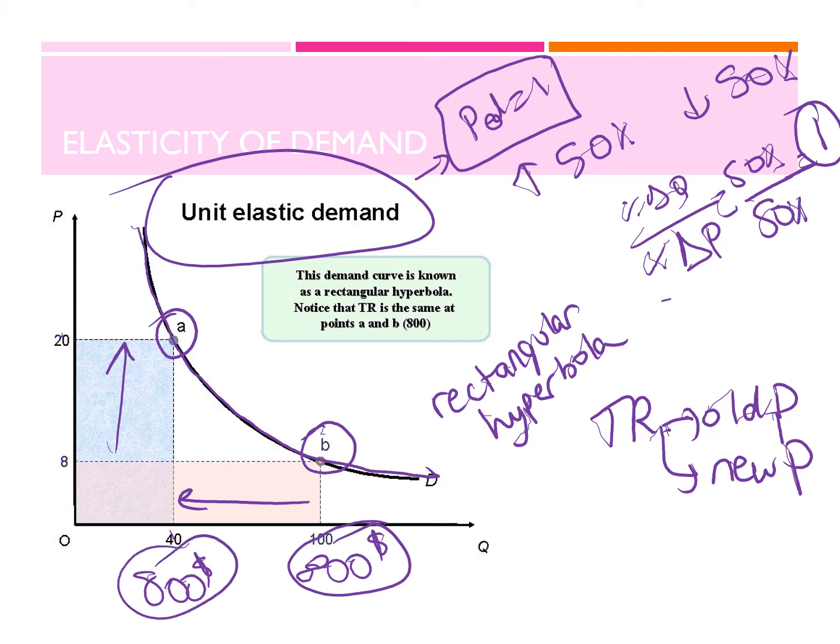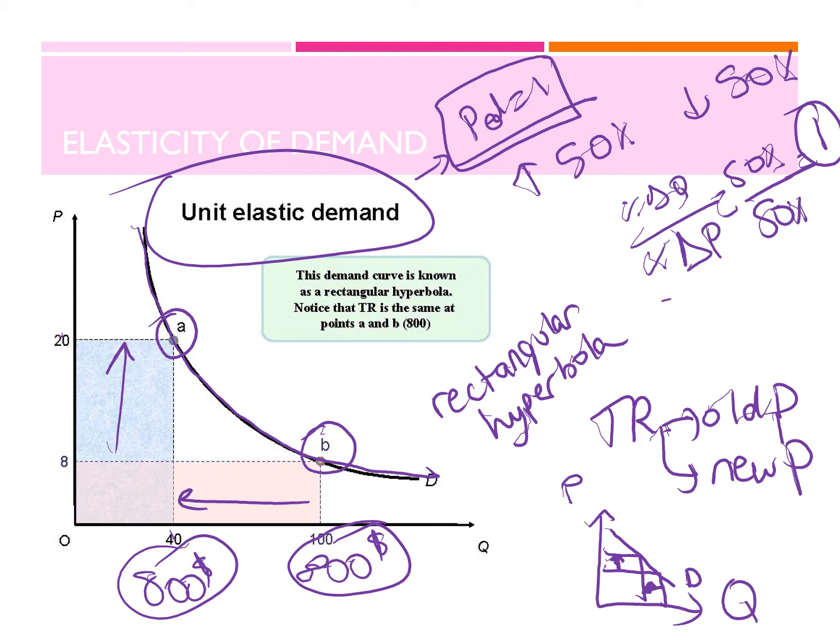So here the revenue, or the spending, is not changing. The percentage change in price is always equal to that of quantity. This is unitary elasticity. You might also find it looking like this. It doesn't matter: price, quantity. This is my demand curve. For instance, if prices change by 10%, quantity demanded will also change by 10%. As long as I am getting an answer equal to 1, I would say that my demand is